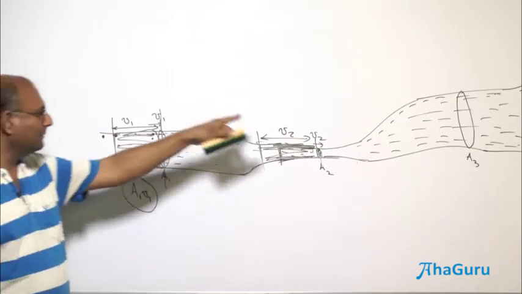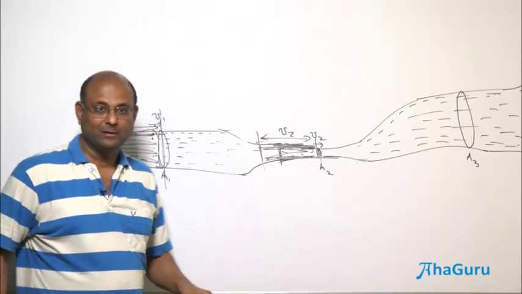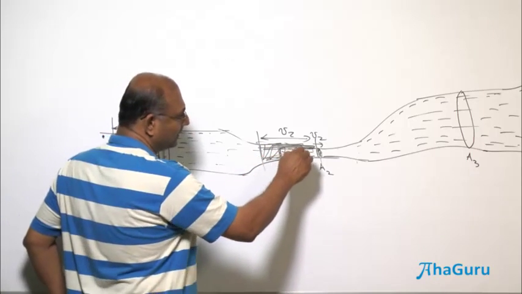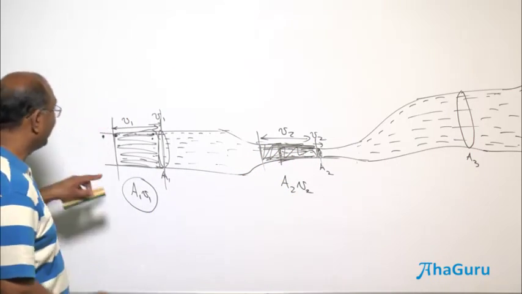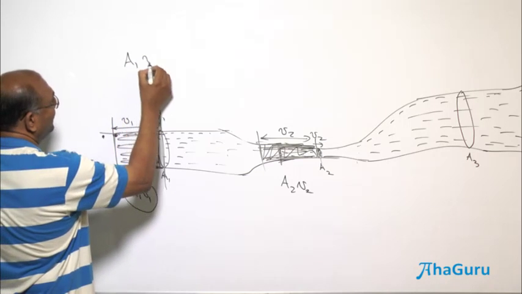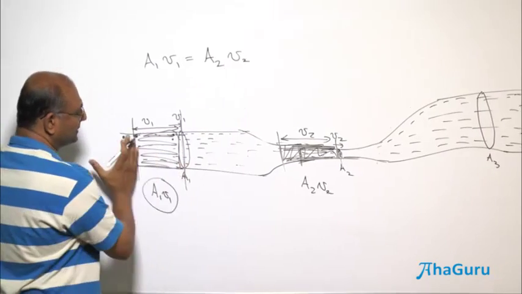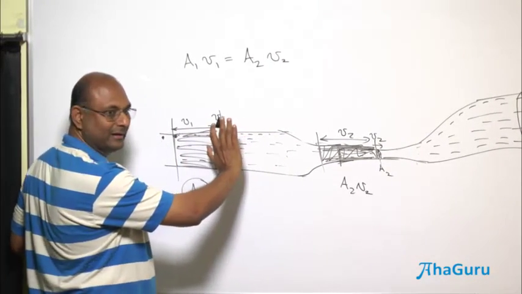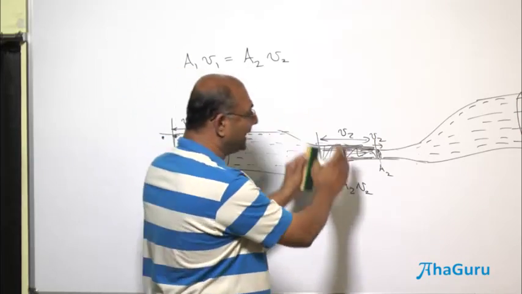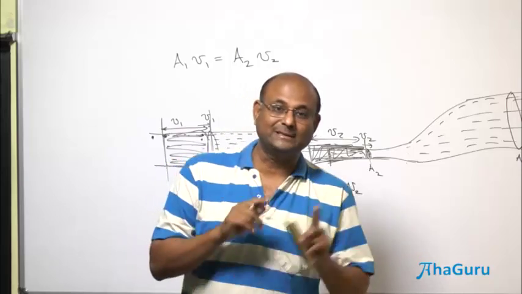These fellows will not be able to get out; they may probably come to this part, but they wouldn't have crossed that boundary. So what is the volume here? A2 V2. And so we write A1 V1 must be A2 V2, because the volume of the liquid that came in 1 second must be the same as the volume of the liquid that gets out in that same 1 second.